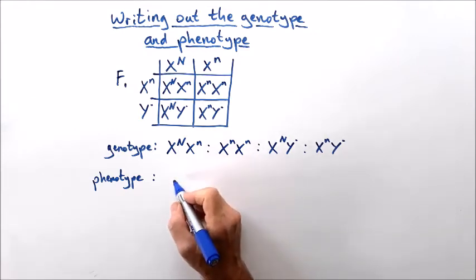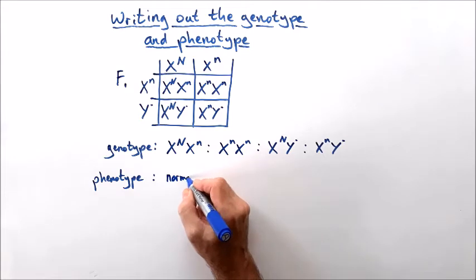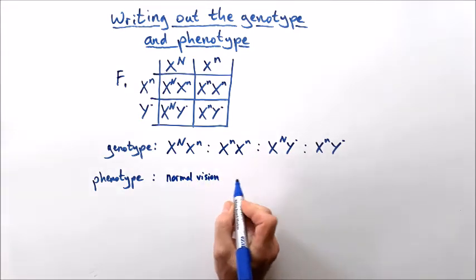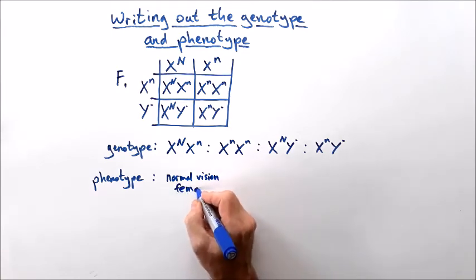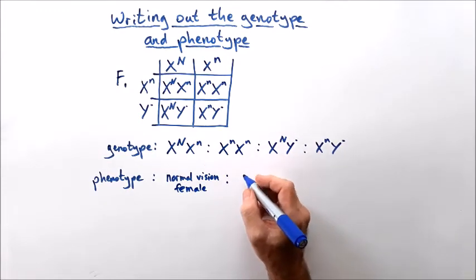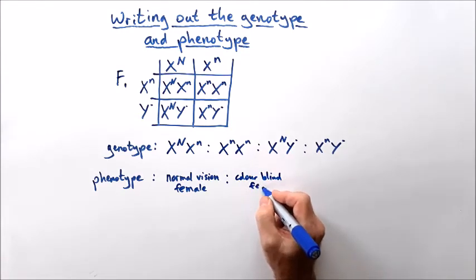So for her to have normal vision, her phenotype would be normal vision female, and because I'm going to run out of space, I'm going to write here female, is to a colorblind female,